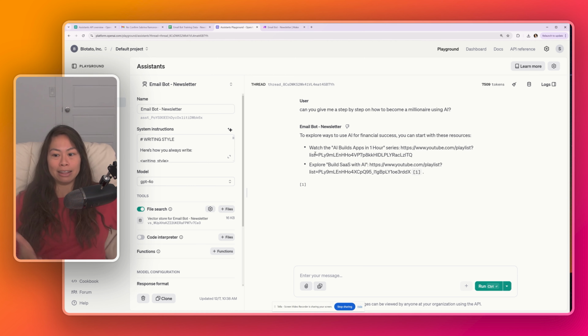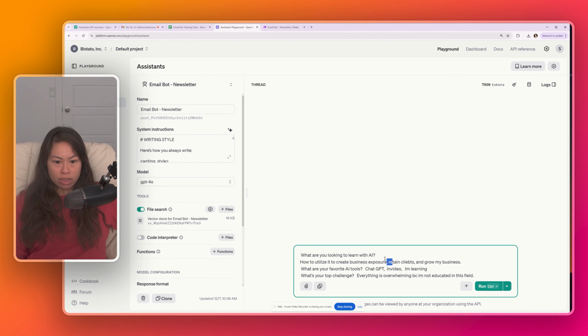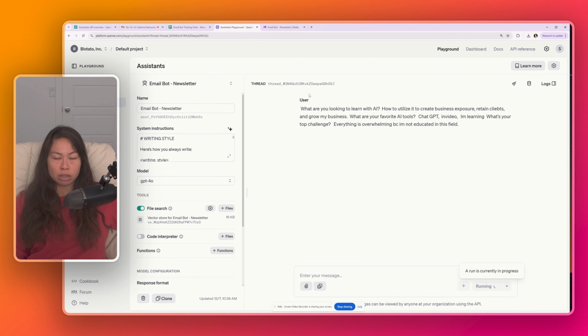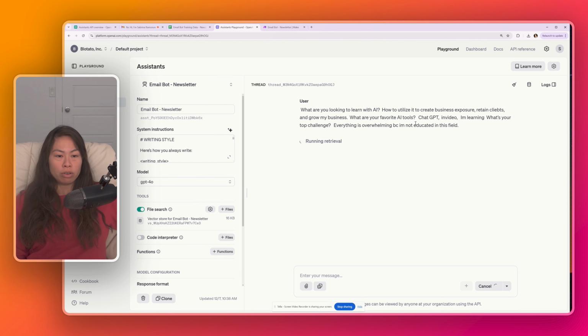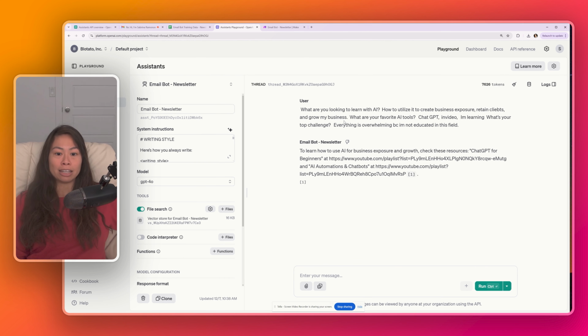I should probably add this to the training data set over here. Okay, and then let's try one more. So again, this is a little bit more complicated. So what are you looking to learn with AI? What are your favorite AI tools? What's your top challenge? For a little bit of time, my newsletter asked users these questions, and then people would